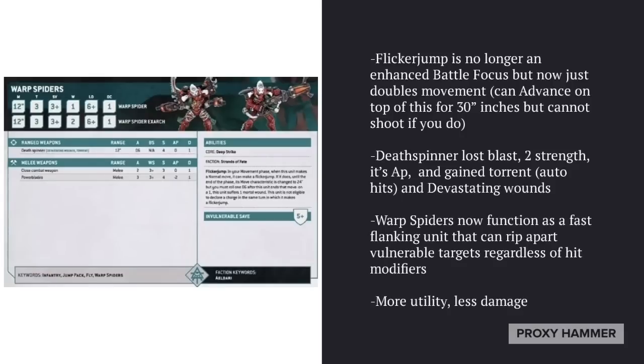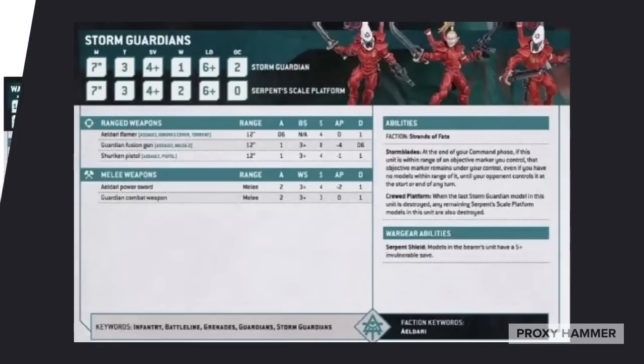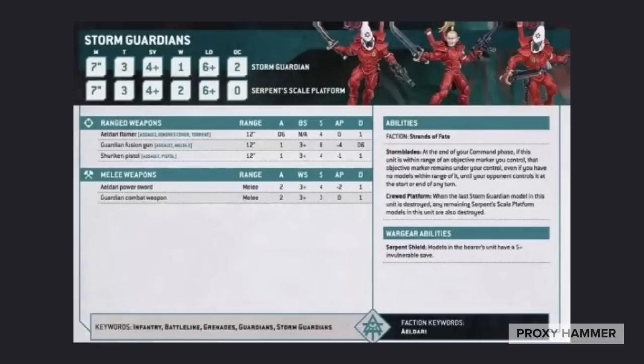You know, those units that your Howling Banshees or Dire Avengers or Dark Reapers can't reach. Well, here we are again. Storm Guardians. My favorite unit in the entire codex, and what do you know? They're usable now. Now, when I say usable, I don't mean that they are good in close combat, because they're